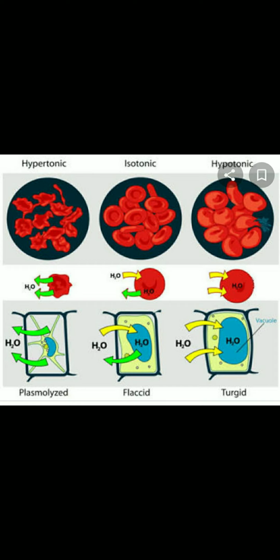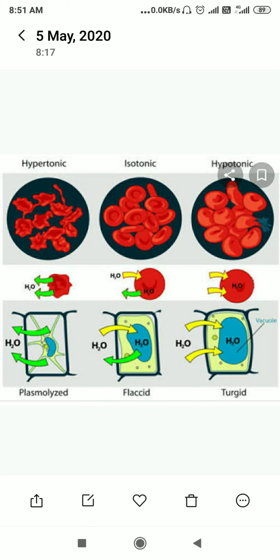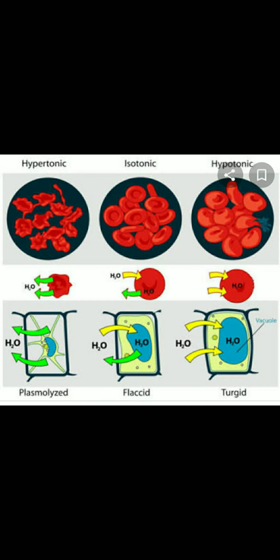As you already know what isotonic solution is, you need to remember that the RBC is a cell. Inside the RBC there is a definite concentration of solvent as well as solute. And outside the cell, an isotonic solution means one whose concentration of solute and solvent is the same as inside the RBC. In the middle picture, whenever we put the RBC in isotonic solution,